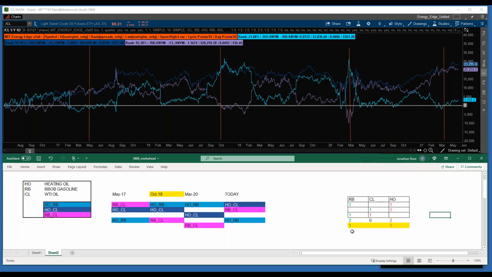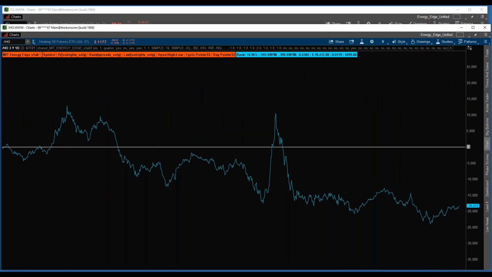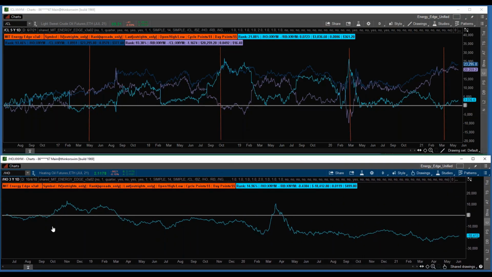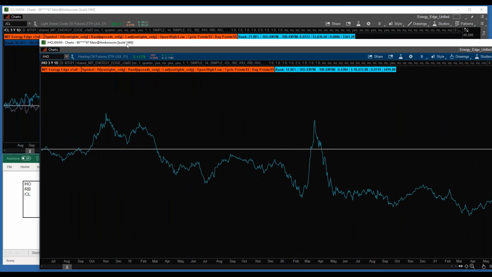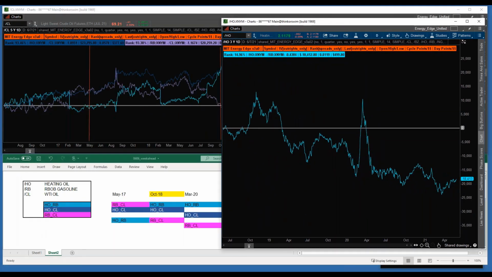So in order to capitalize on this in October 2018, what you'd want to do is buy or sell this spread. And it's sell because HO is first. So we sell an HO and buy an RB. So watch what happens. Now, if I go back to this chart and we go to October 2018, we sell, and this is just 1 by 1, guys. If we do it October 2018,